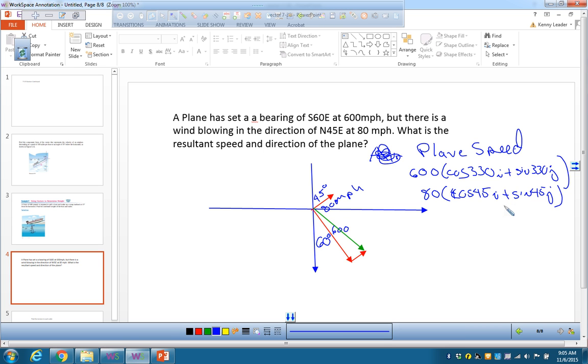Yes, ma'am? But I have like root 2 on one of them. Yeah, I think you're gonna have to plug it into a calculator. Oh, so you plug in the root 2. Yeah. So the resultant vector, okay,